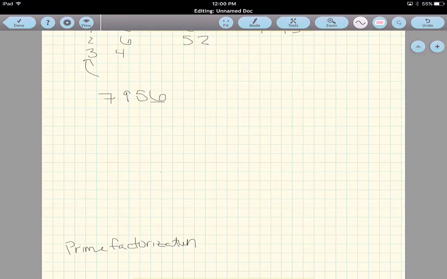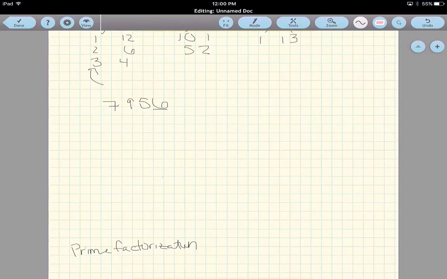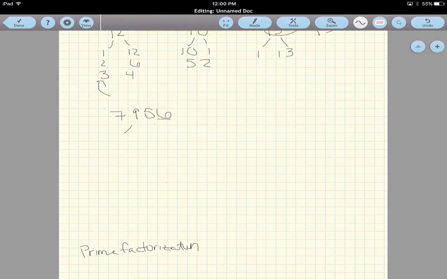If it's even, seeing as it ends in a 6, I like to start by dividing the number by 2. So 7,956 divided by 2 is 3,978. This number still can be divided by 2. And when we do that, we get